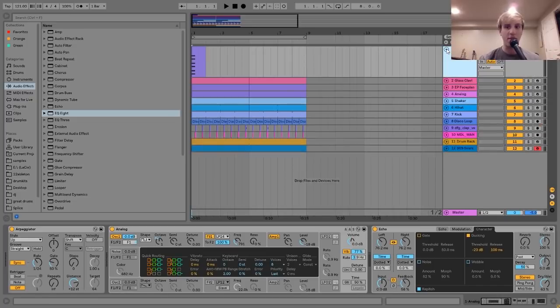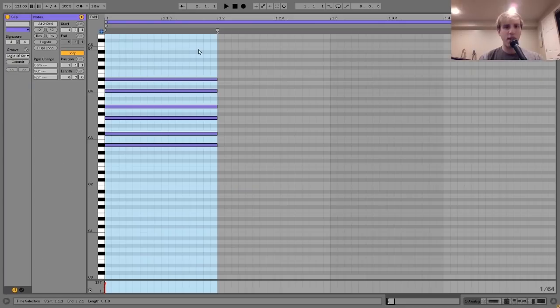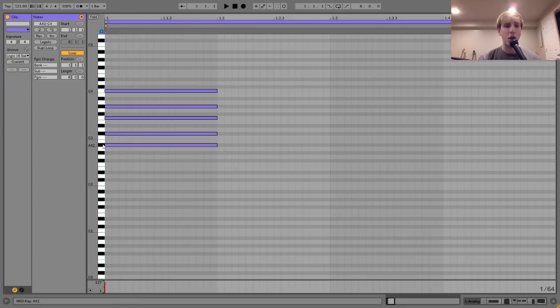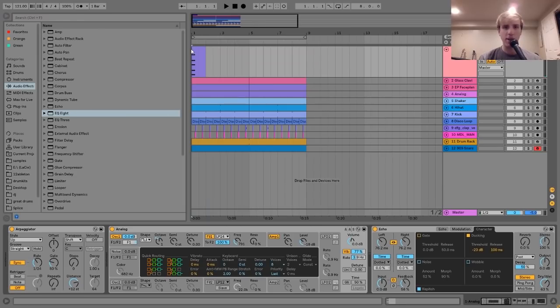So, the first layer that I have here is this little arpeggio that I made with Analog. It sounds like this. So the way that I made this, I'll show you the MIDI first. This is just playing the simple chord. It's an A sharp minor ninth, which is the first chord that the chord progression is playing, so it's just